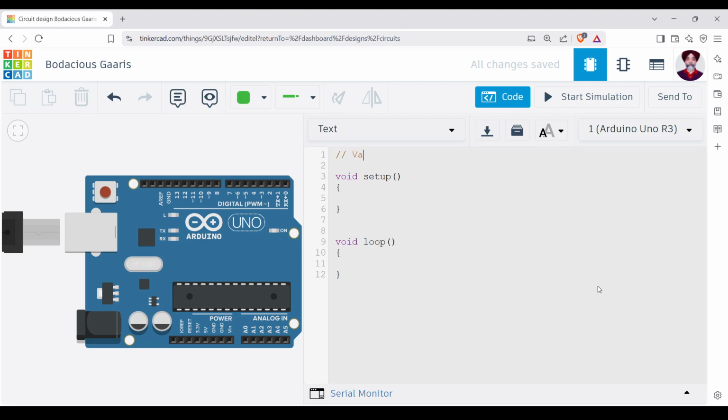So let me call this topic variables. Now, what is a variable? A variable is basically a container for data. Container for data actually means if you need to store something, for example, you need to store milk, so you